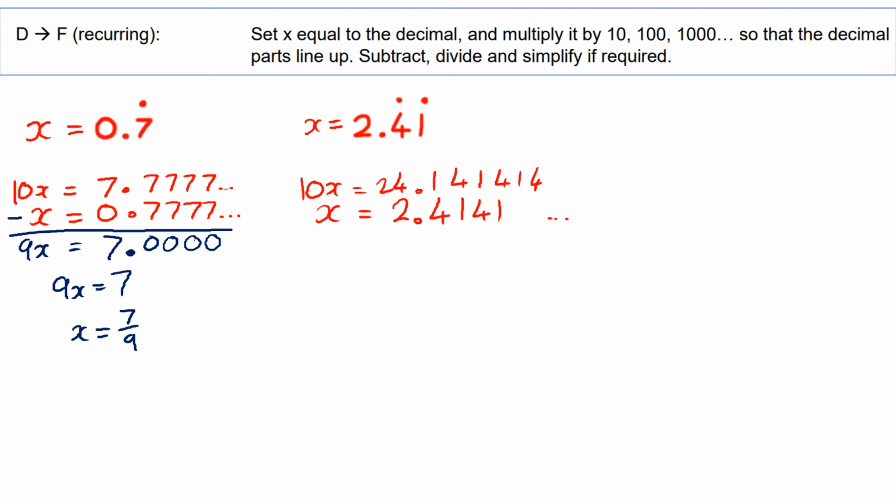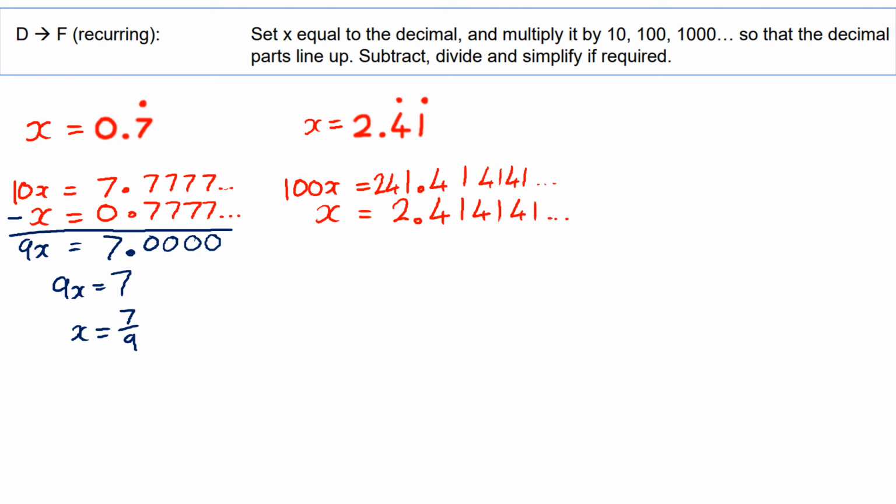So what we're going to do instead is we're going to multiply this up by 100, and your general safe bet is to multiply it by however many recurring places there are. So here we've got 2 recurring places, we're going to need to times it by 2 zeros. If there were 3 recurring places, we'd times it by 3 zeros. So again, we want these to line up, so we should really put the decimal points in the same spot, and this will go to